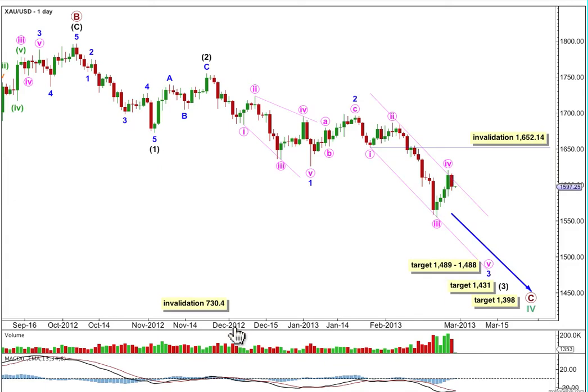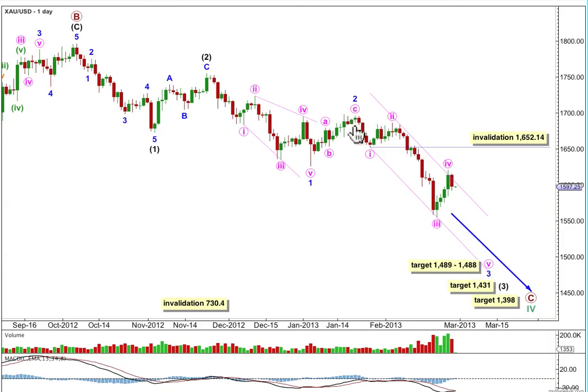This main wave count follows on from my main monthly wave count, which sees gold in a new downwards trend at primary degree for a C wave, to end a zigzag correction for a big cycle degree fourth wave correction. To the downside within primary C we have 1, 2 and now an extending third wave at intermediate degree, with a leading diagonal from minor 1, a zigzag for minor 2 and minor 3 unfolding as an impulse.